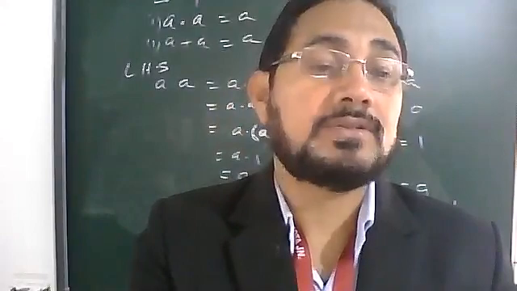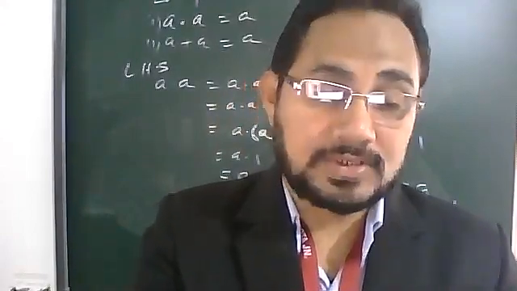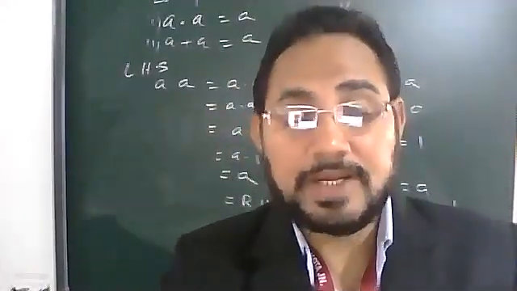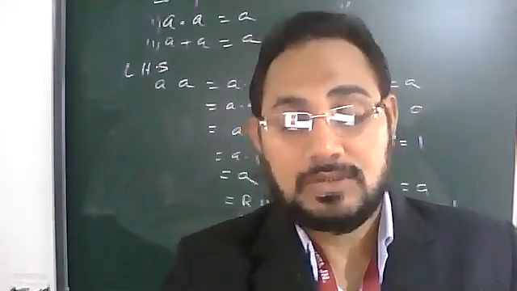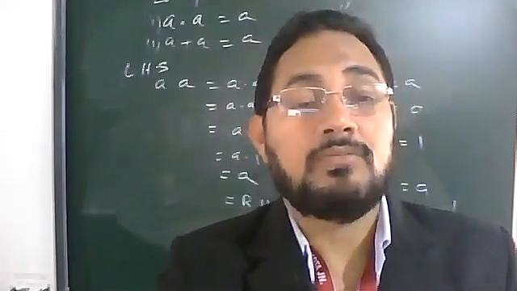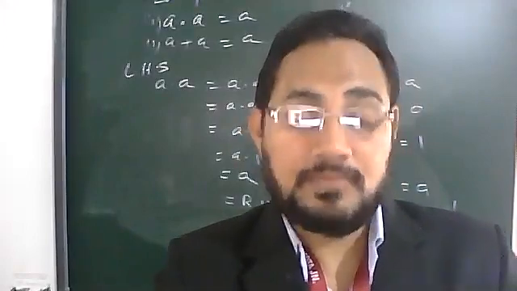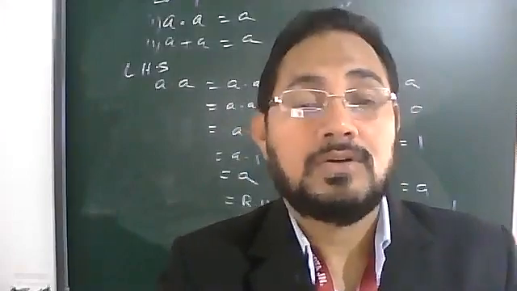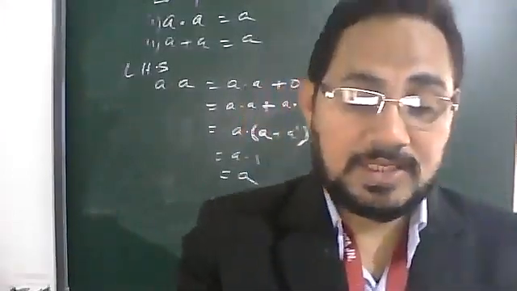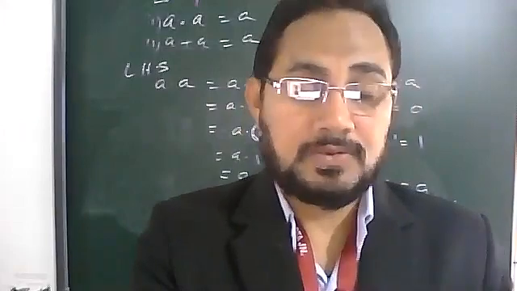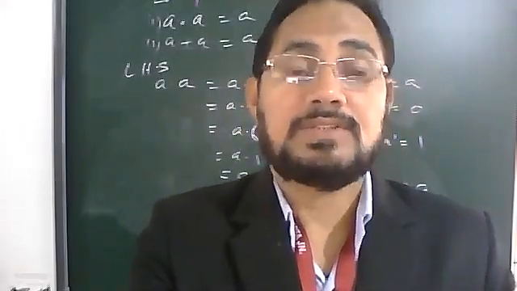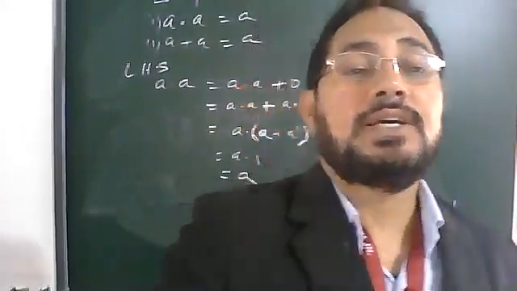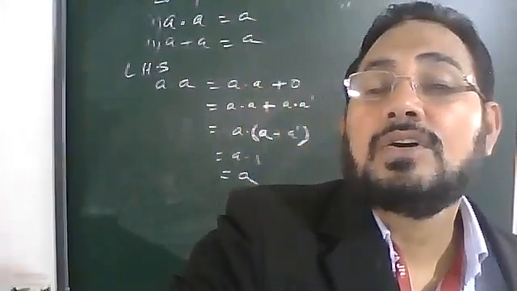Suppose select, I have given here RNO, but actually I want to display roll number. If 2 words are there, then for the alias name you have to write in quotes. And then name. If you want to display name as STUD name, it is one word so no need. From M1 you want to display as physics PHY from STUD. So you see, names are changed in the column heading.